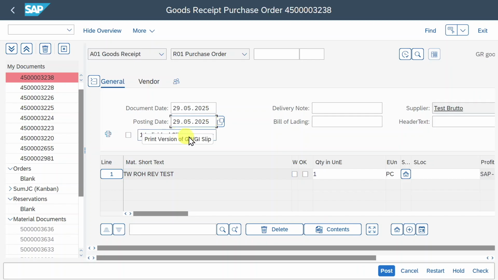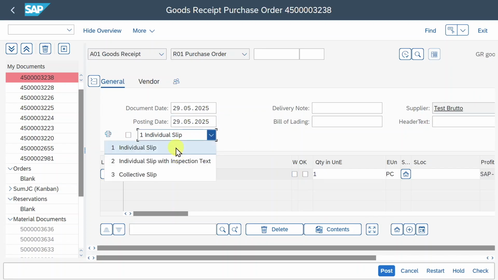Then you can see further down, there is a drop-down menu where individual slip is being displayed. Let's open this menu. Here we have three different options. Individual slip. So this would mean that one goods receipt or even goods issue slip would be printed per item. So if we have multiple items over here, then we would have the same number of slips that would be